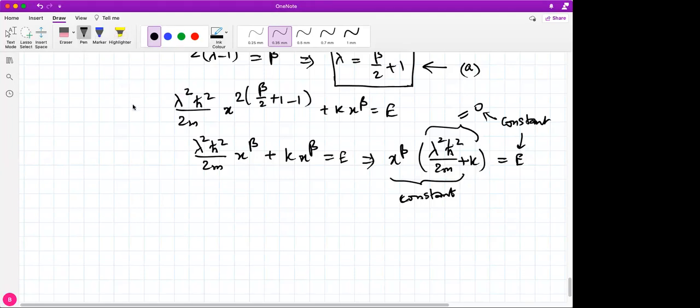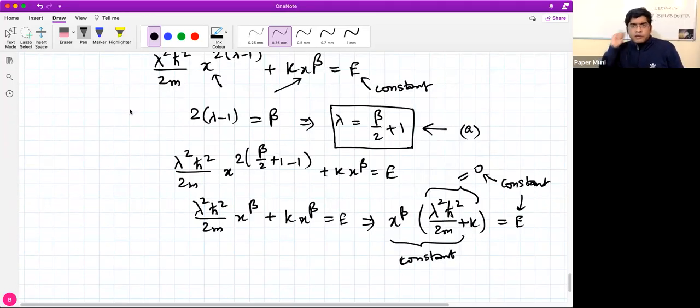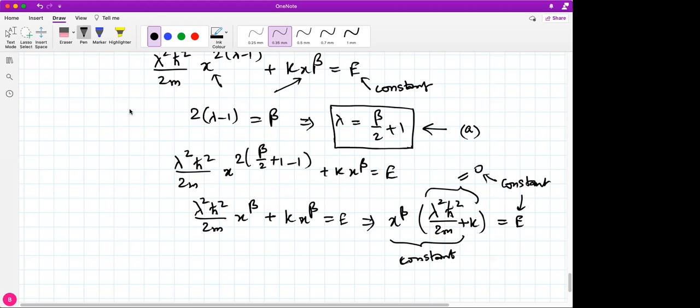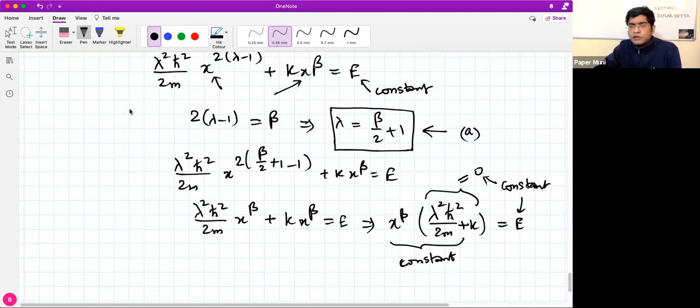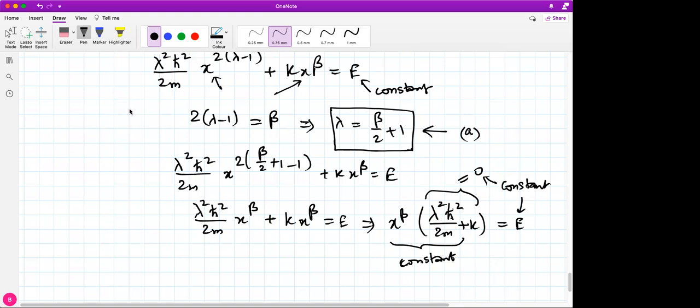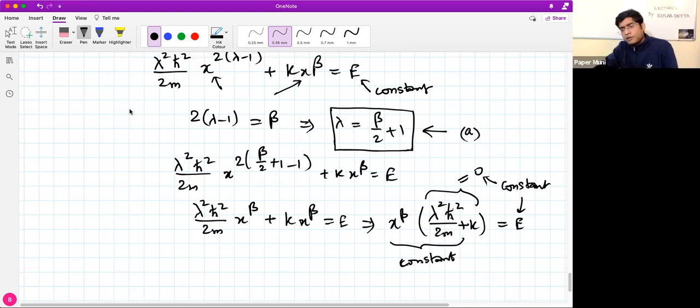Sir, this is what I was asking, sir. If we make it 0, then E is constant, but only a particular constant, that is 0. Yes. Are we allowed to do that? Yeah, it could be done, no? So what is the issue there? It could be any constant, and 0 is also a constant. Okay, sir. All right. So if you say you don't want it to be 0, then how do you get rid of x to the power beta? There seems no way. So that is the only way where we can get rid of this thing. So this is the only way.